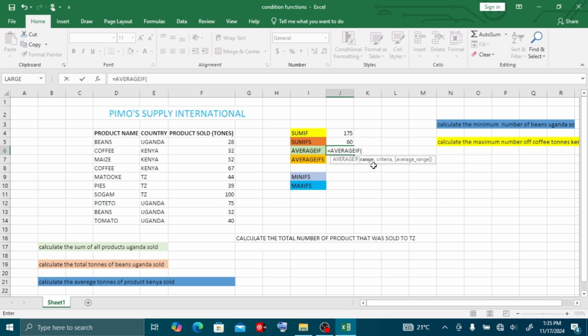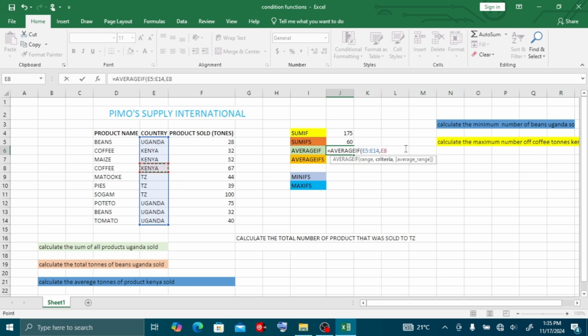We begin with a range. The range is country because we want Kenya. After the range, you put a comma, and the criteria is Kenya.